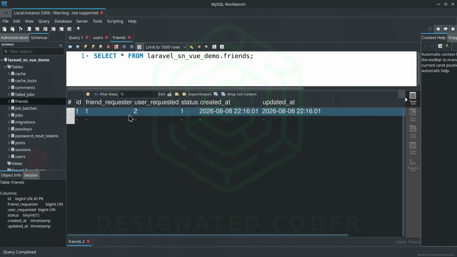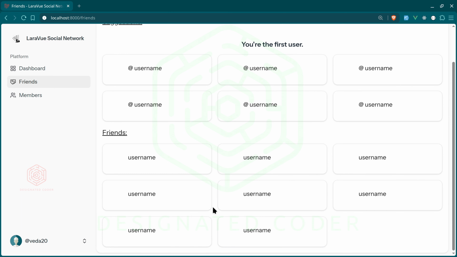Go ahead, refresh that. And as you can see, we now have some things, right? But it's not the correct one because we're looping over it. So let's go adjust that so we see the actual friend that we just created. Okay, so let's close that. And then what we can do here is loop over it. So on the card, we'll do our looping